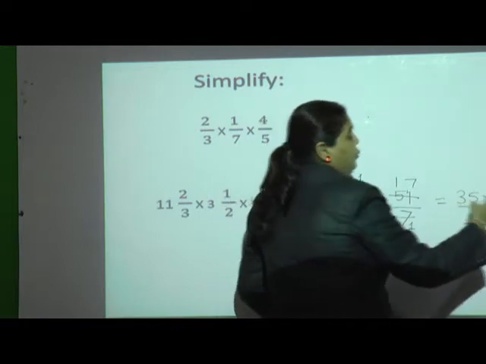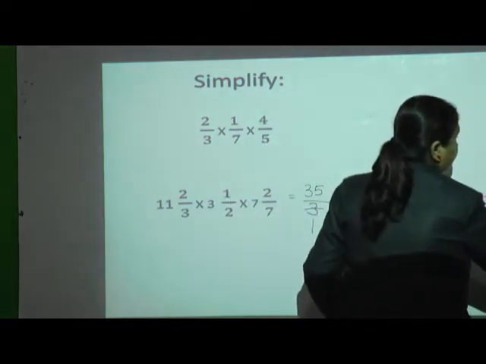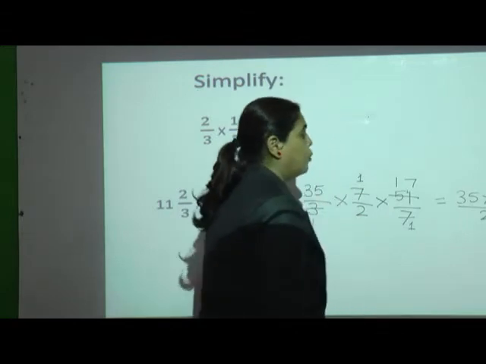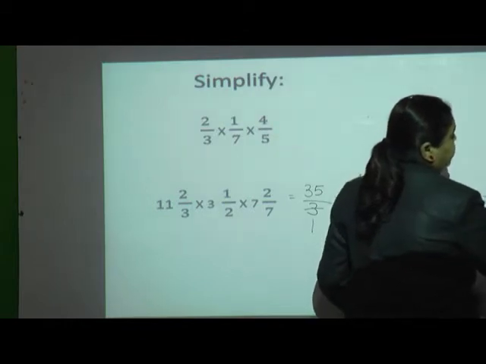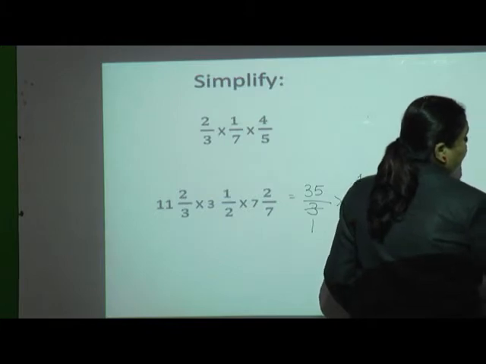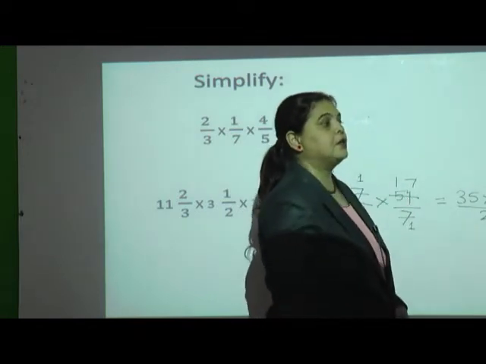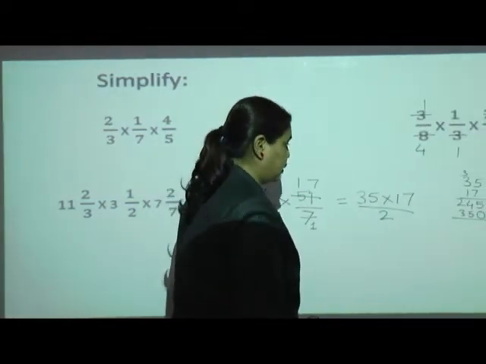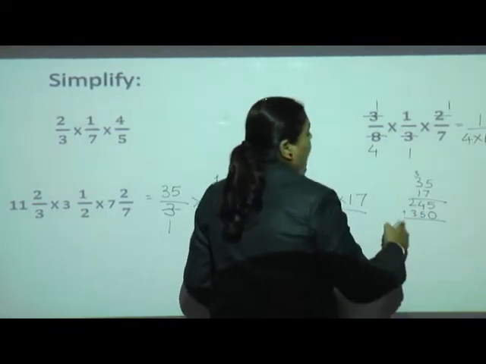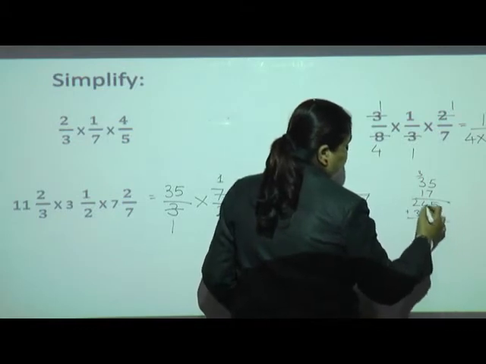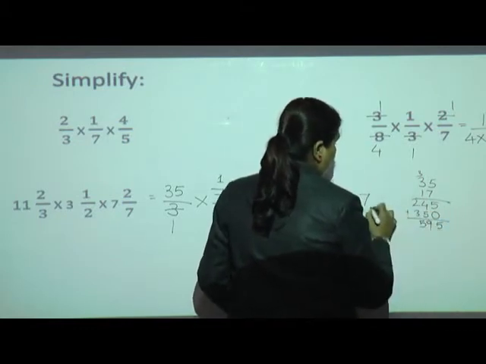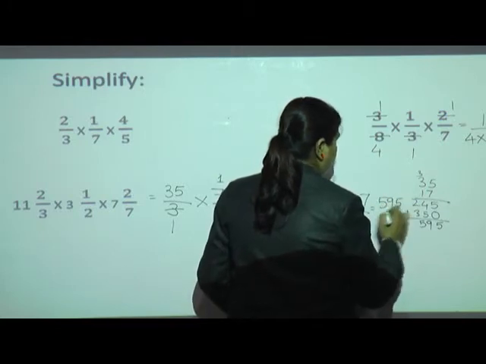Now you have to do a practical multiplication here and find the answer. What will be the multiplication? 7 5s are 35, 3 carry. 7 3s are 21, 22, 23, 24. Here will be 0, 5 ones are 5 and 3 ones are 3. Why am I writing with small handwriting? Because it is the rough part. It should be on the right side of your notebook, with very small handwriting and with a pencil. So here will be 5, this will be 9 and this will be 5. The answer we got is 595 upon 2.